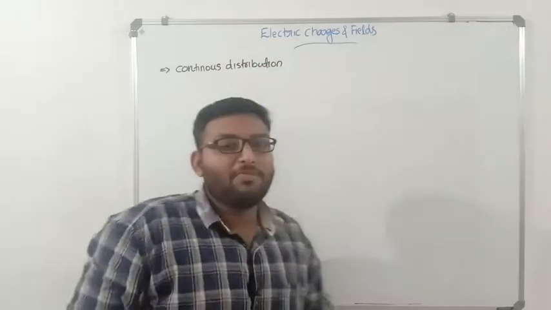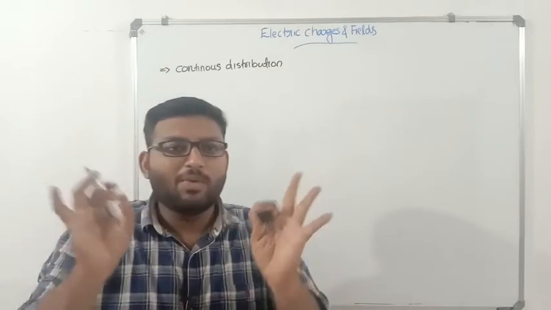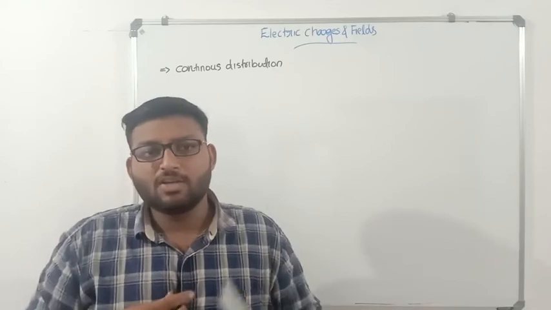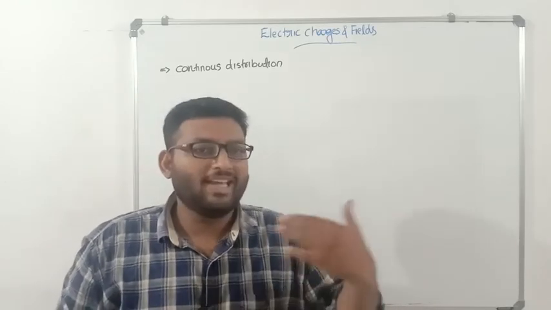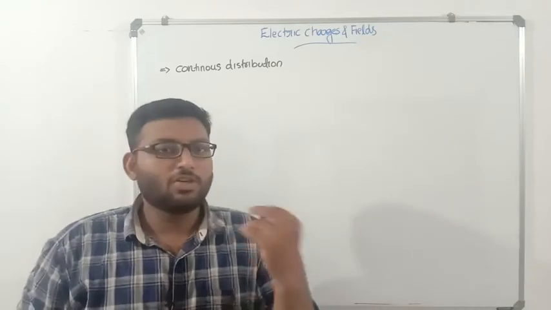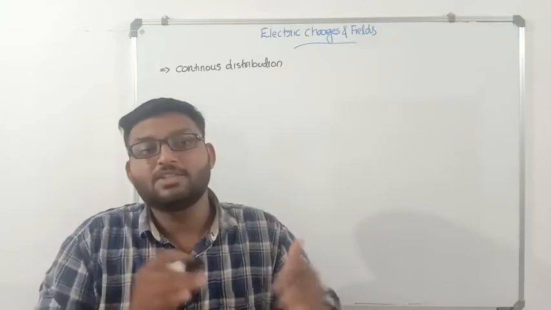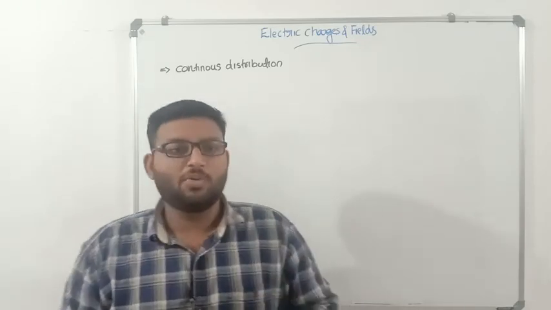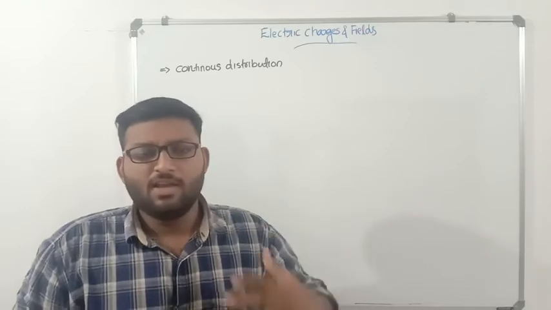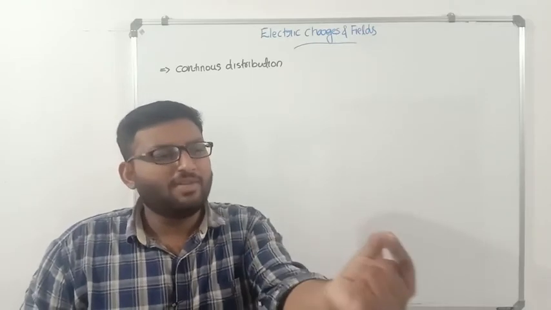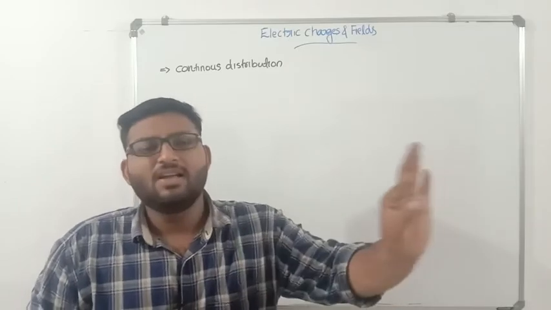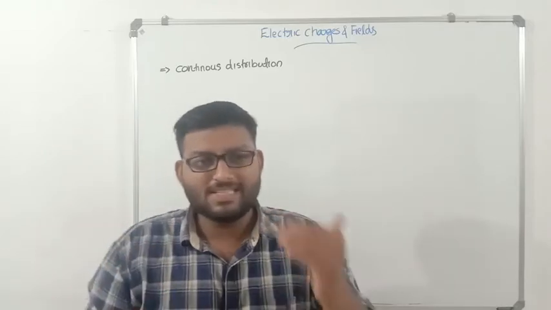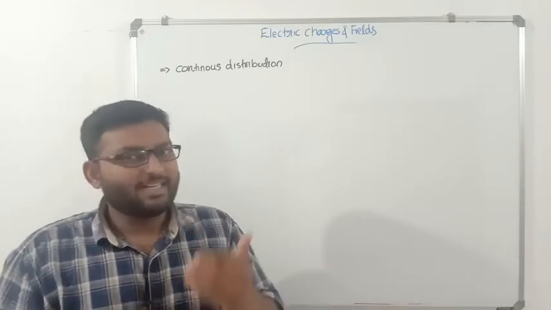So in every problem we consider, electric charges seem to be very pointed. That is, if you select a system where you can mark Q1, Q2, Q3, Q4, etc., where Q1 is a point charge, Q2 is a point charge, you can separate each point charge. But in a practical situation, if you take a charged rod or charged sphere or whatever it is, you cannot simply take a single element from there, or you cannot ever choose a point charge. So the concept of point charge will disappear when you come to a practical situation.